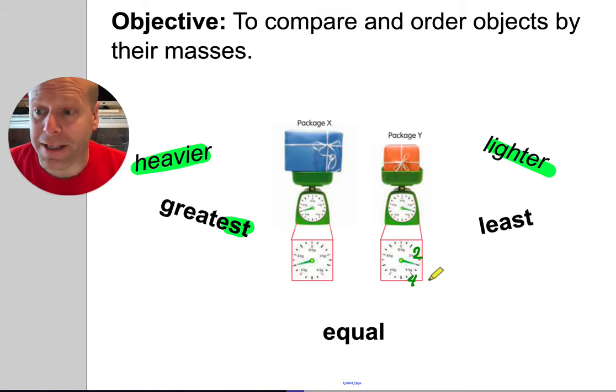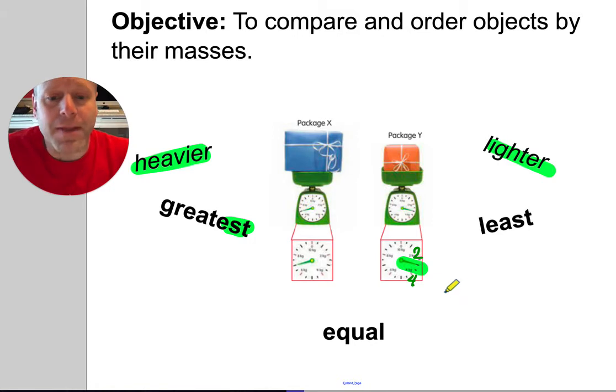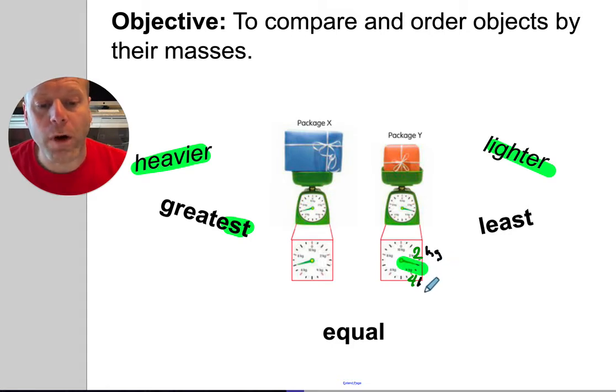Most of the time on a scale like this, they don't put all the numbers. They can't fit them in there. Even now it's so tiny you can't see it. If you put more numbers, it just makes the scale look more and more busy. So is there some way we could figure out what number comes between 2 kilograms up here and 4 kilograms, because that's the number we're looking for. Package Y is exactly 3